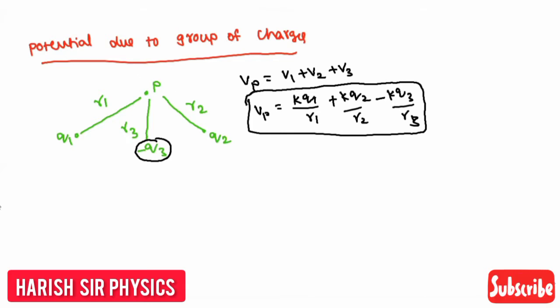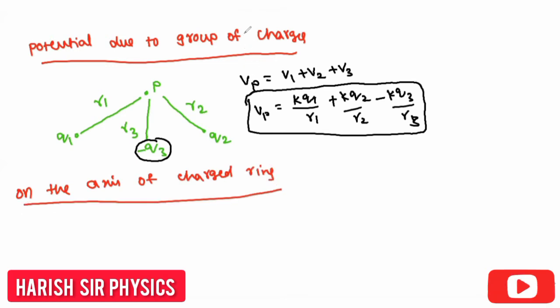Next one, on the axis of a charged ring. So this is the charge. This is the ring. You can take this as point P. It is at a distance of x. Now this is a, the radius. On the axis, from this point, if we consider this,